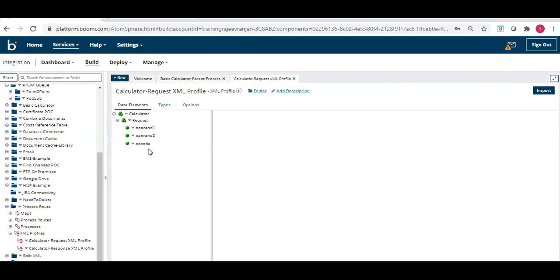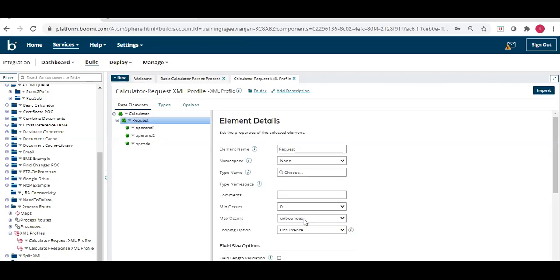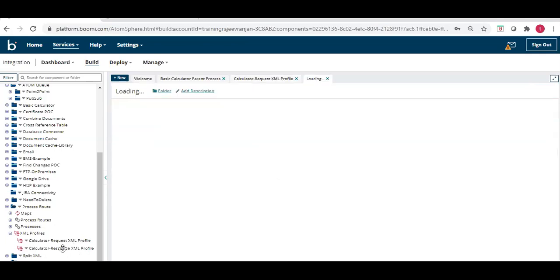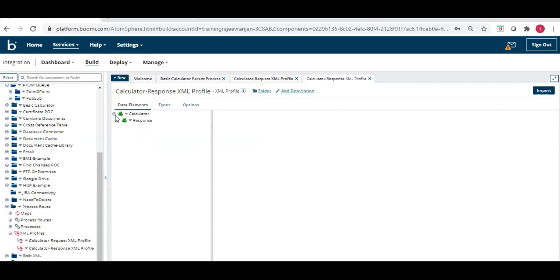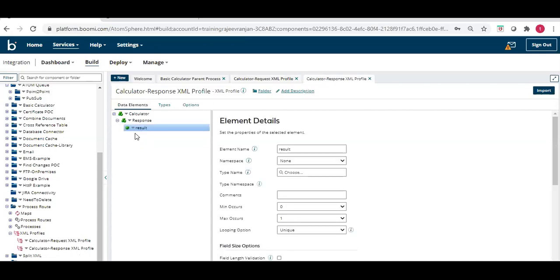The type of this request is unbounded, which is repeating, so multiple requests will be there, and on the basis of the opcode the different operation will be identified. We'll see that here. And here is our response profile, the XML profile. Here we have taken just the response and we are capturing the result.